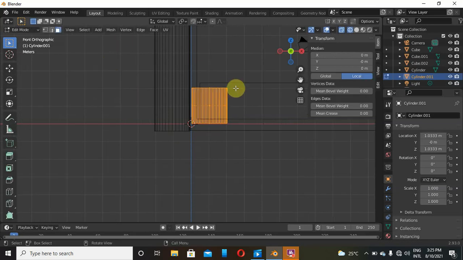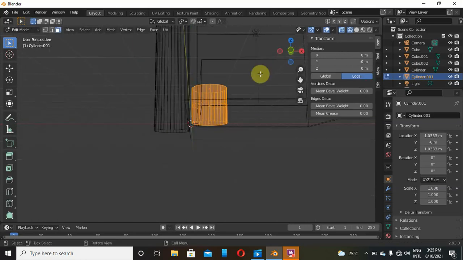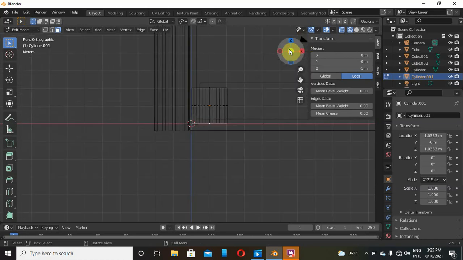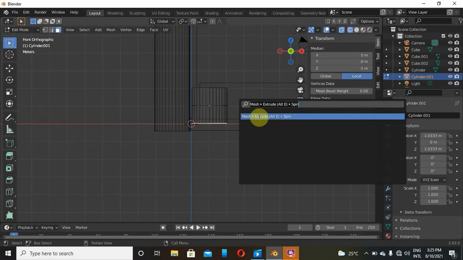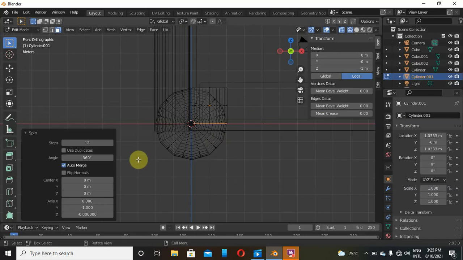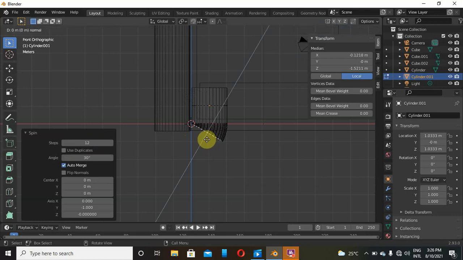Go to edit mode, click on this lower face, like that. Go back to front orthographic, click on F3 as we did earlier. And then on the angle we are only going to use 30 degrees, so feed in 30. Now what we'll do to this, we are going to extrude here a little bit, just a little